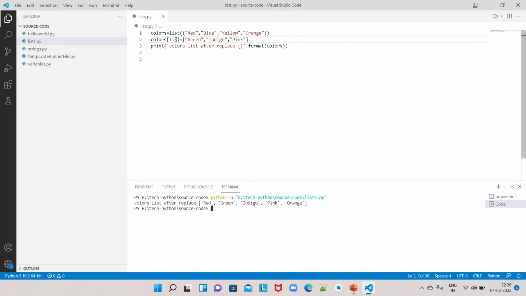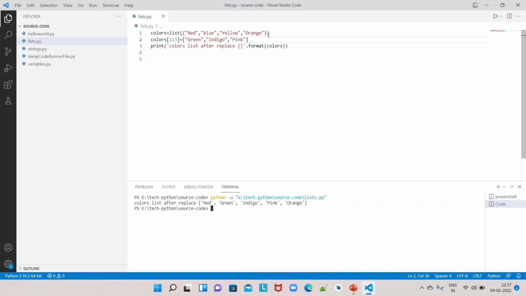If there are any fewer values or any more values compared to the index range we are passing, right, the existing elements will be adjusted. This is how we can replace with multiple values at a time. Okay, so all these approaches are replacing the existing value. But what if you want to insert an item at a specific position without replacing the existing element in that